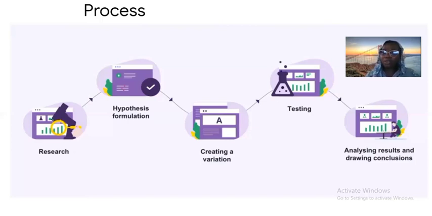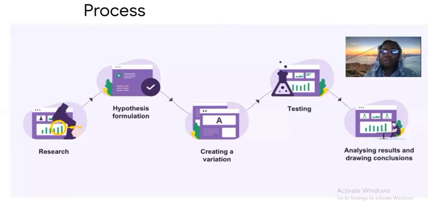So before you run your test, you have to understand certain things. You don't test on a small number of users. You have to find the right number of users for each group, and you have to choose these users randomly. You don't choose from a particular location because it might be biased, right? So you want to make sure that the whole process is randomized. You also need timing, timing is key.